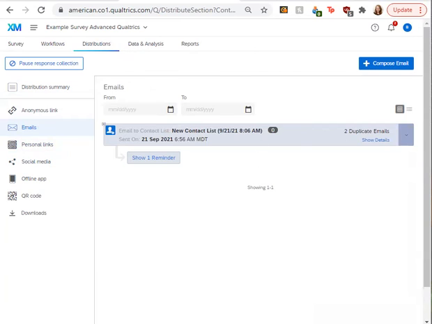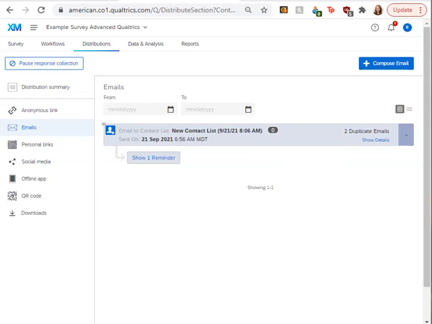So the email distribution uses either the Qualtrics mailer or your own email system to send custom survey invitations. So please note, just like the links and web distributions we went through, the email can either be anonymous or personal links. Anonymous links, again, will not record identifying respondent information, while personal links distribute a unique link for each email slash respondent. So just think about what kind of data you need to collect and how important anonymity